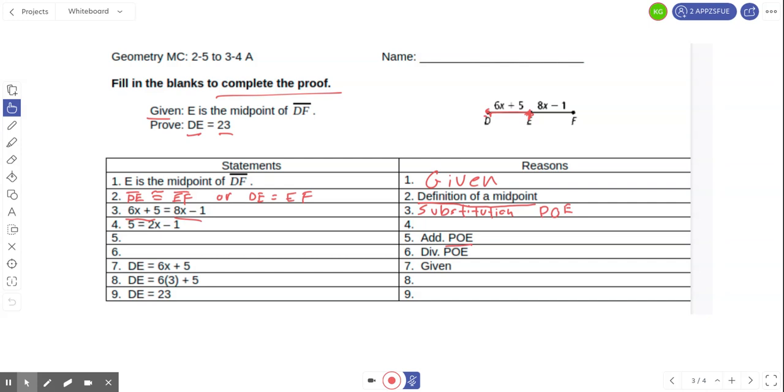For number 4, the next thing is our equation somehow went from 6x plus 5 equals 8x minus 1 to 5 equals 2x minus 1. And what they did there is they subtracted 6x on both sides. So that is the subtraction property of equality. And we went over all of these